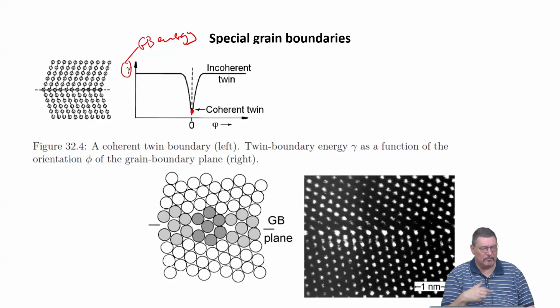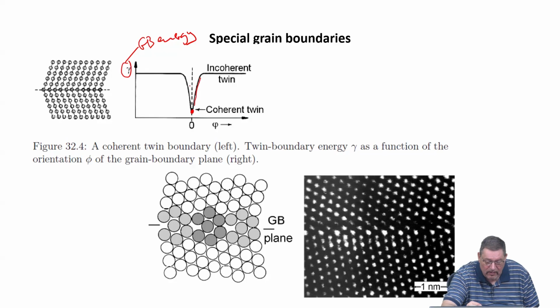So it means that when you do your analysis with EBSD on your microstructure and you find the twin boundaries, you have to make very sure that when you take these boundaries out of your total energy calculation, that you only take the coherent twin boundaries out. If you have many twin boundaries which show deviations from the coherent twin boundary, then you will basically be somewhere here on these curves, right? And so the excess energy then might be quite high.